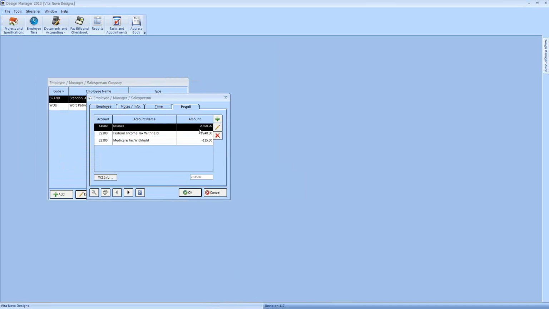The salary, as you can see, is a positive amount. That's her net amount that she's going to be paid. Each of the withholdings are going to reduce that amount. So they're entered as negatives, and they'll go into our liability accounts indicating to us that we do need to pay the authorities that money that we've withheld. So I've already added the salary, the federal income tax withheld, and the Medicare tax withheld. But let's say we had an additional